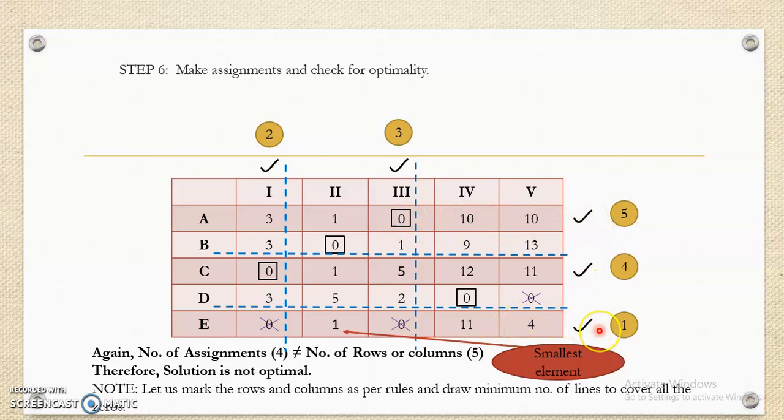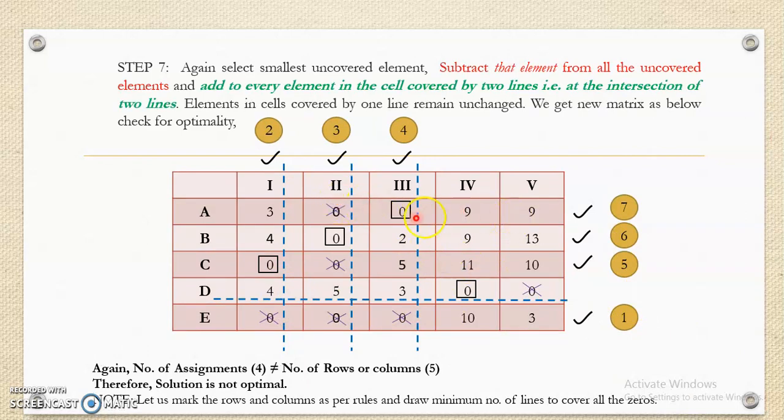Now whether there is any possibility of a row having unassigned zeros, there is no possibility now. We have to stop there. Then consider unmarked rows, draw the lines, and mark the columns. They will cover all the zero elements in the matrix. Then consider the smallest element which is uncovered. We have to subtract it from uncovered values and add it at intersection points. So we get these new table values.